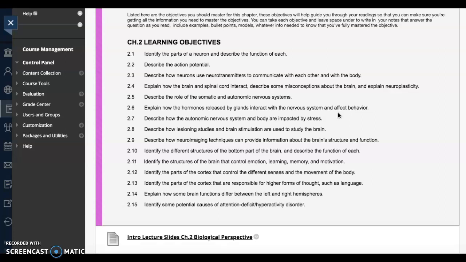I mean, the brain as a whole does many things, but it's like a mechanic in that it masterminds everything, and it has a compartment for everything, and it all fits together just so. And then the latter part, the very end of the chapter, we'll talk about some different